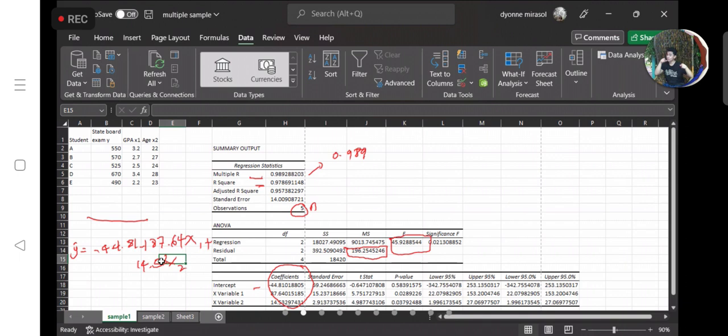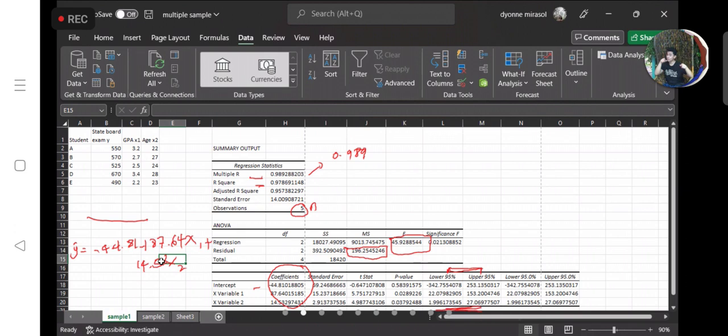And then we will also have the upper limit and the lower limit of our regression coefficients. So instead of using those long formulas to get the confidence interval for our coefficients, it is already provided here. The standard to use is the 95% confidence level. So if we state it the same as in simple linear regression,